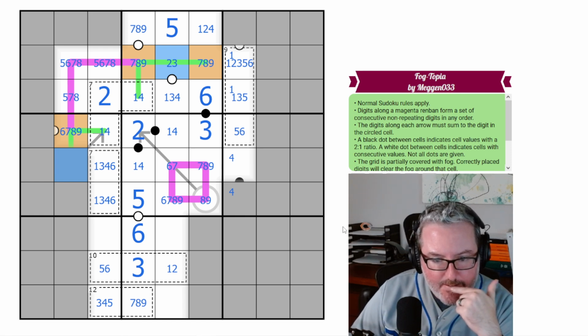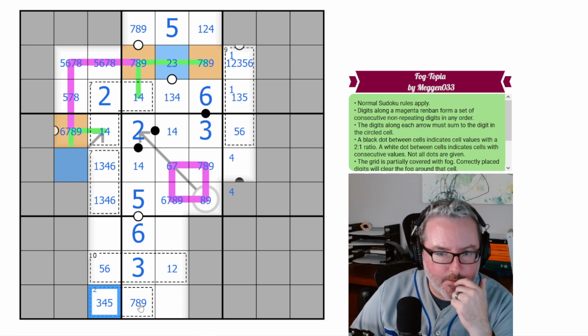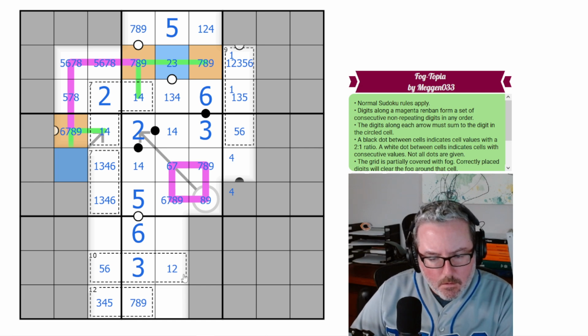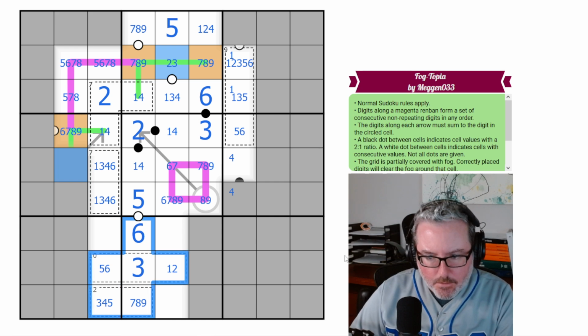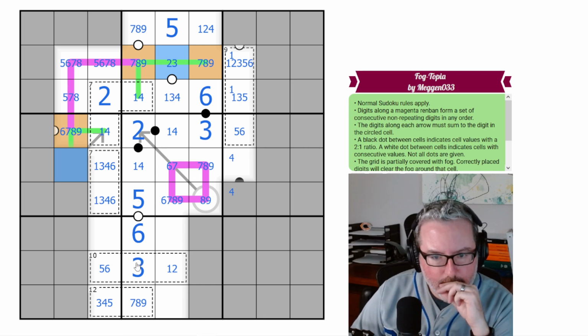And can we reduce the 7 further? If this is 4, 3, this would be 1. This would be 5. This would have to be 7. No, I don't think that does much there. But it seems like this information now is what we've opened up, so it's most likely what we need to